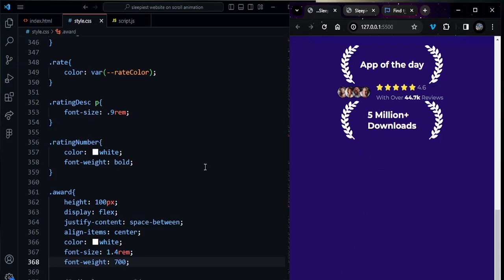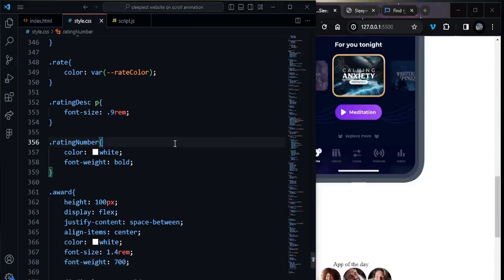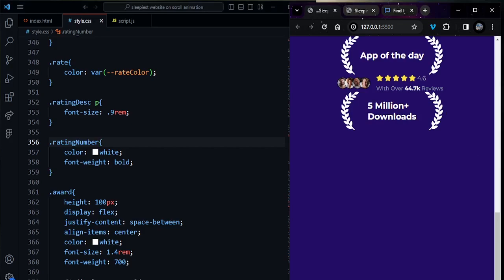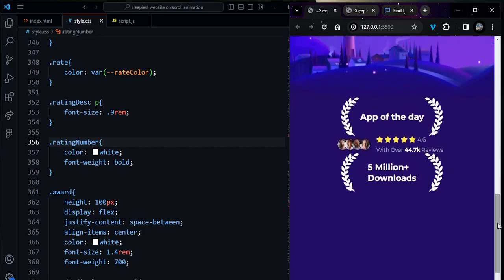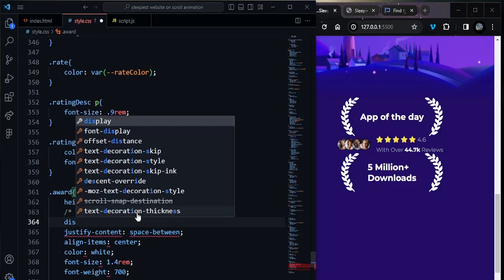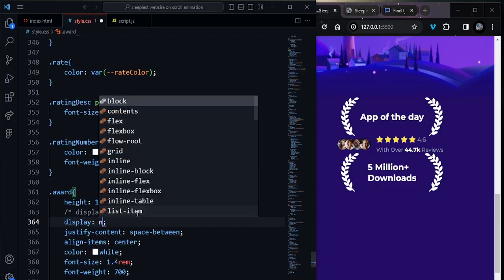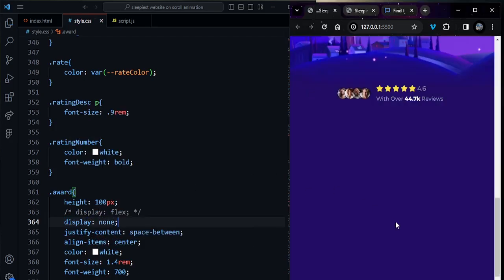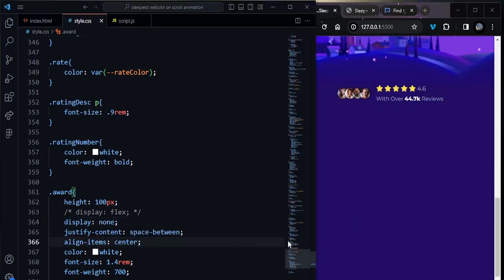Now we finished the style for this section, and let's hide this award element, display none, and